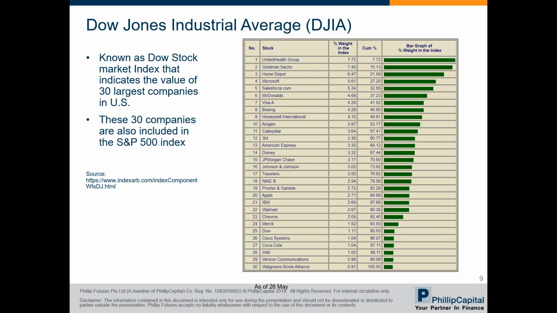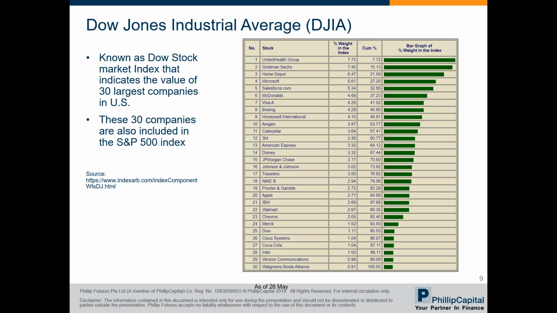Next up, a popular US index, the Dow Jones Industrial Average. It measures the stock performance of 30 large companies listed on the stock exchange in the United States. Comparatively to S&P, many do not consider it to be an adequate representation of the overall US stock market. But the industrial portion of the name is largely historical, as many of the modern 30 companies now have little or nothing to do with traditional heavy industry.